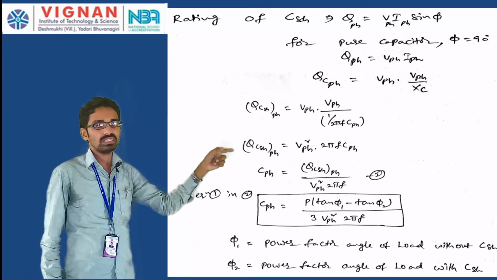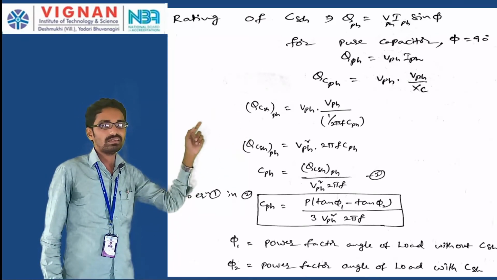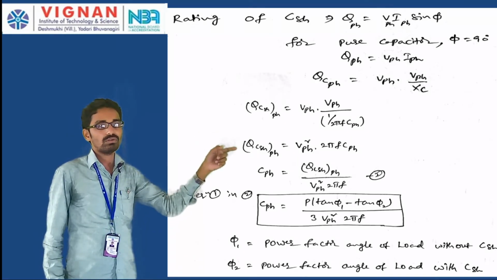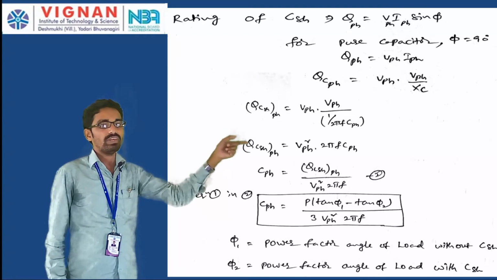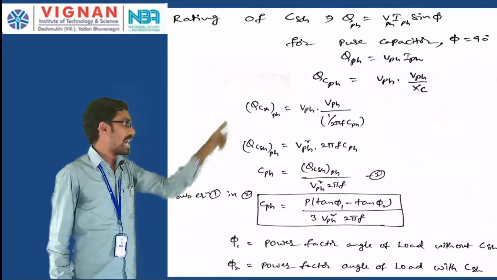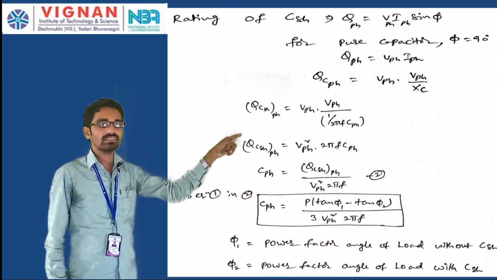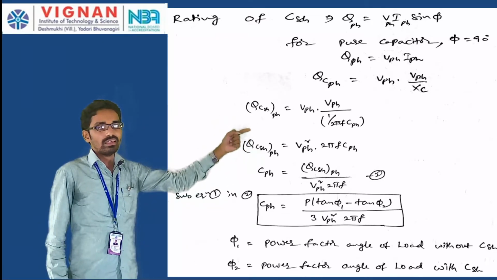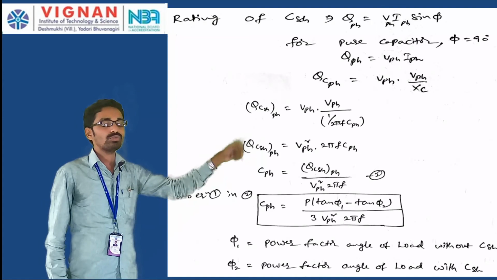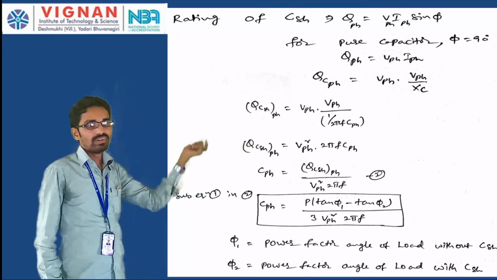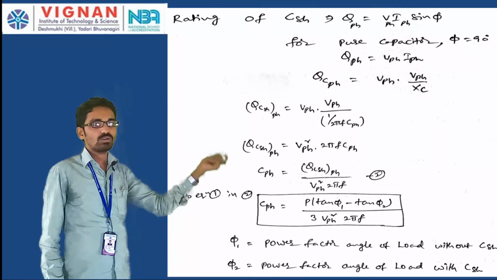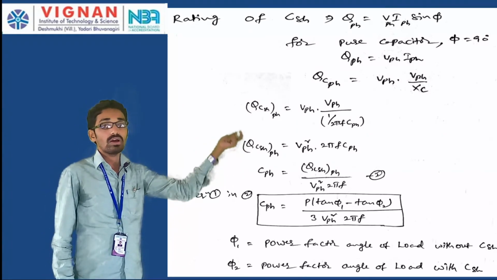Then Q_C phase I am considering, because here it is the capacitor value, Q capacitor per phase is equal to V phase into V phase by X_C. I can write I phase as V phase by X_C, where X_C is nothing but the capacitive reactance, right. So, if I consider the Q_C_SH per phase value, which is equal to V phase into V phase by